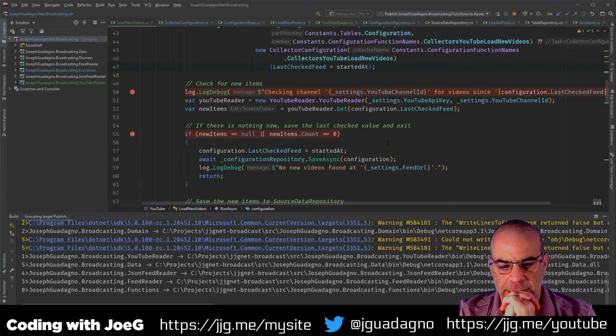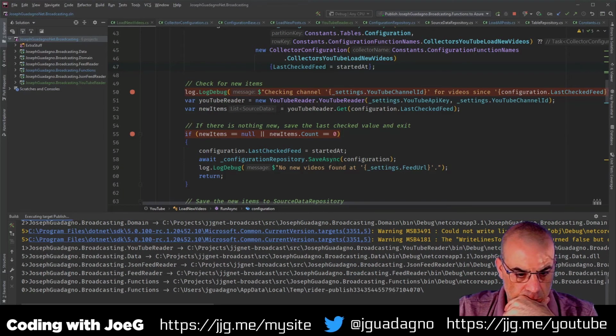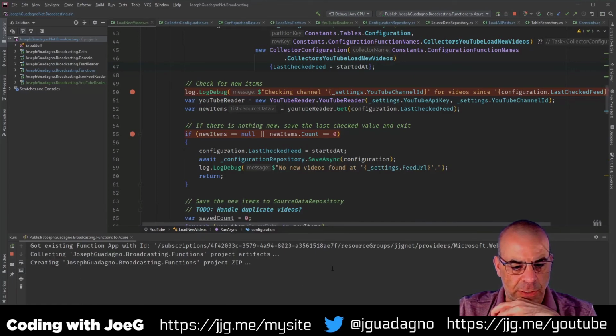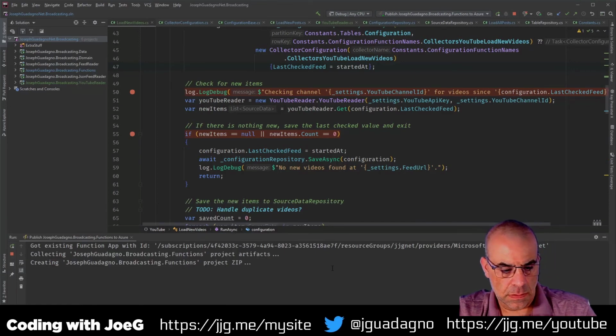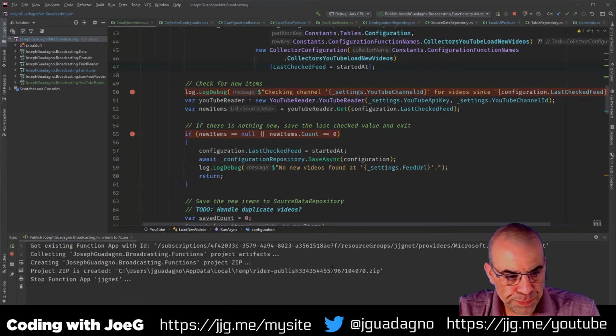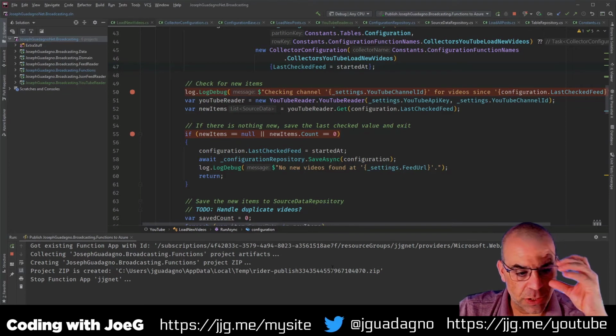Should take a couple of minutes and it's loading. I guess like portal up. Oh, it's creating a zip right now. Stopping the function, which is good.